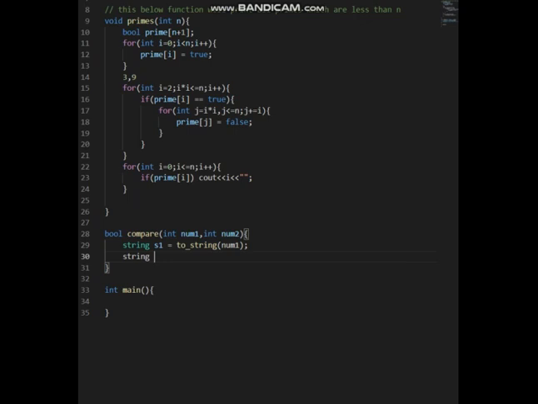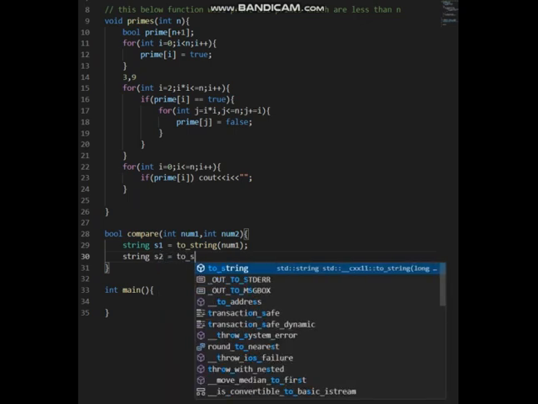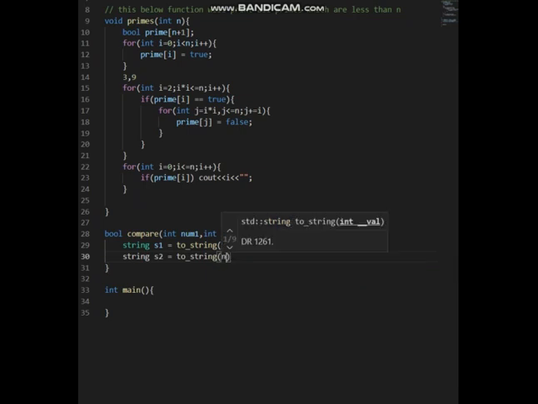Next, string s2, we'll convert num2. Now we'll take a count variable to count which digits are different in s1 and s2, and how many different digits it has. We'll take c equal to 0 as the count and we'll check